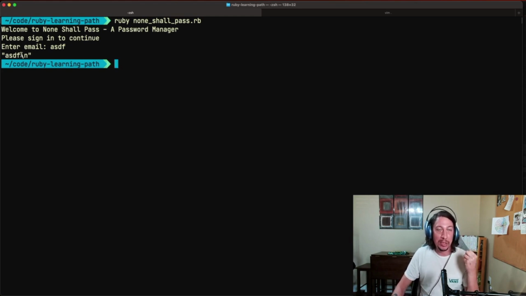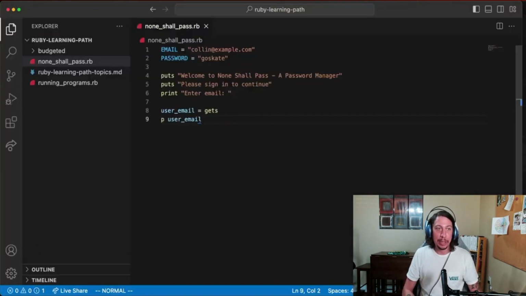Now we see here that we have a new line character added, but we only typed ASDF. This new line character was added when the user hits enter to enter their input to our program. So if we try to compare this value to the email that we are storing as our main account email here, if we're trying to compare these two values, even if we typed in the right thing instead of ASDF